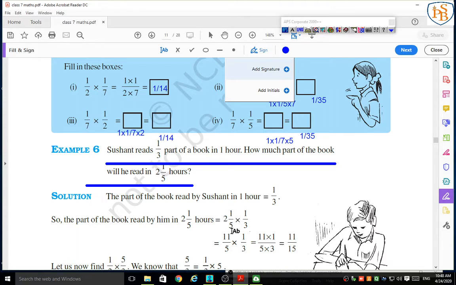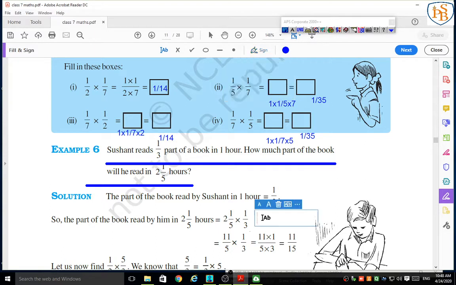How do we call an improper fraction? An improper fraction has a greater numerator as compared to the denominator. Look here in this box, I am going to solve how we can convert a mixed fraction into an improper fraction. So they give us 2 and 1/5. Look carefully: 2 and 5 are the crossed numbers, so we have to do multiplication. I will do 2 into 5, and put it in brackets so you can easily understand it.